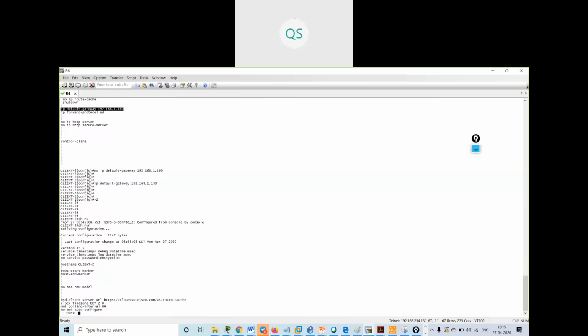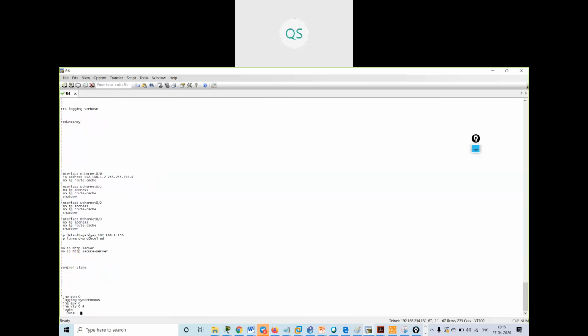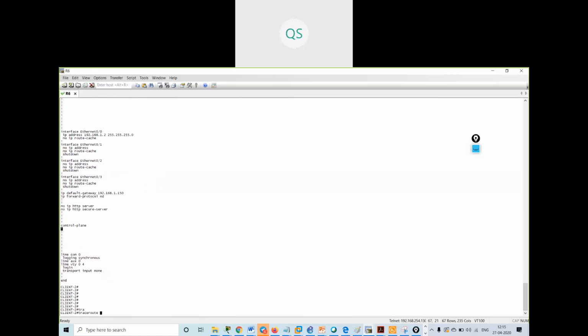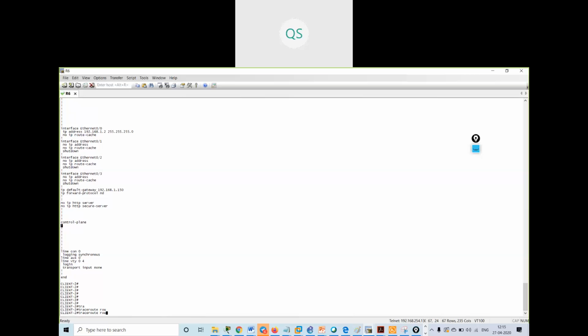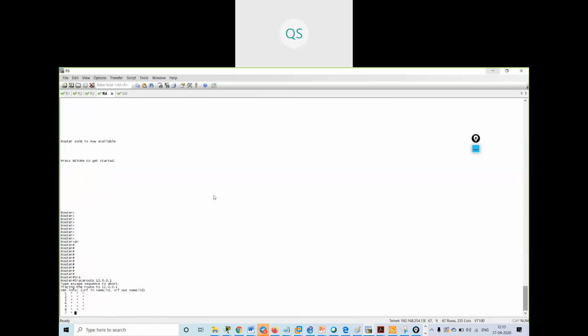Show run. 150 is my default gateway over here. Okay. Now if I traceroute 12.0.0.1, why is it not reachable?